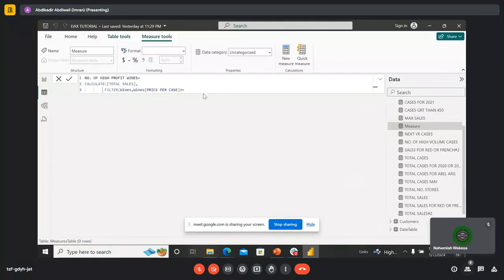Then we have the same table wines. Then we have cost price greater than 3 times. So cost price times 3. So we are multiplying this by 3. Right. So initially